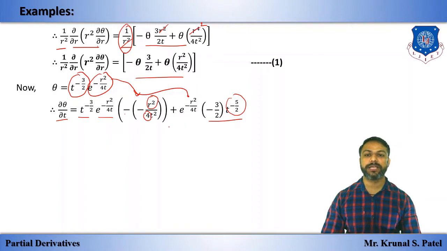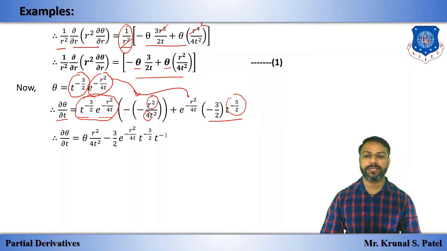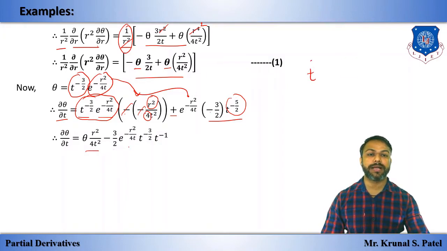Now we can write this term as theta, as previously, because we want the answer in the form of theta. So this is theta, minus minus cancels out, r square by 4t square, that is the first term. Now this minus comes with the plus, so plus minus 3 by 2, e raised to as it is, and t raised to minus 5 by 2